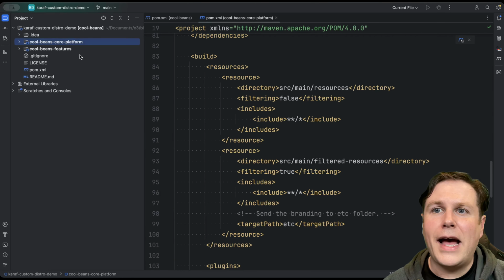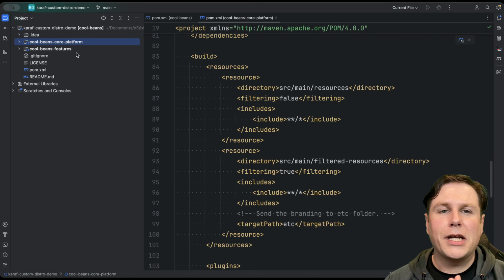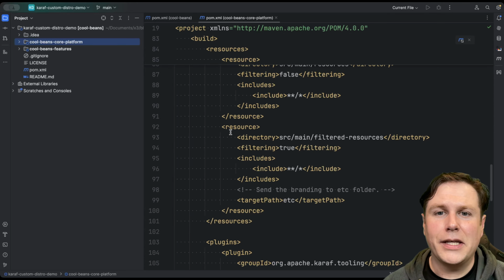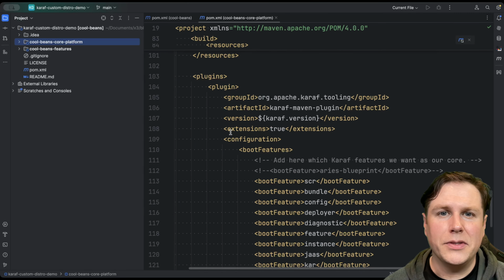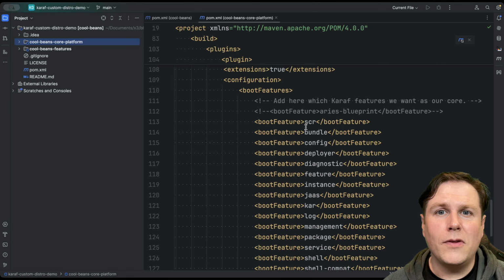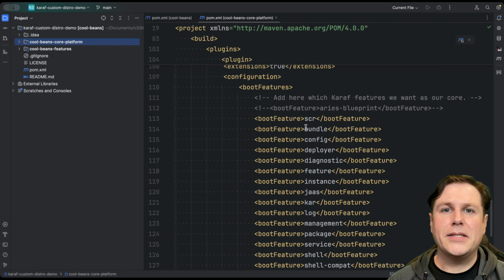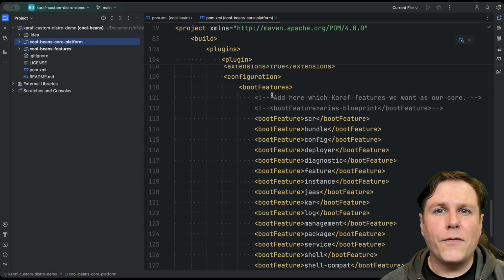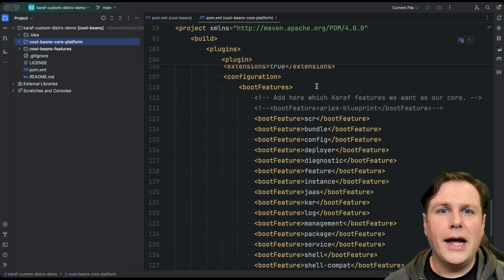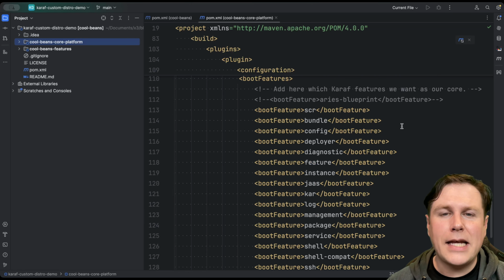Okay, so with that, that is how we're actually going to add in the customized configurations to the kit. Let's take a look at how we actually build it. We use something called the Karaf Maven plugin. This is responsible for setting up the basic kit. Now, there are a couple of various configurations we do here, but what I typically use is called boot features. And this is where we're able to define exactly which boot features are going to be part of your kit